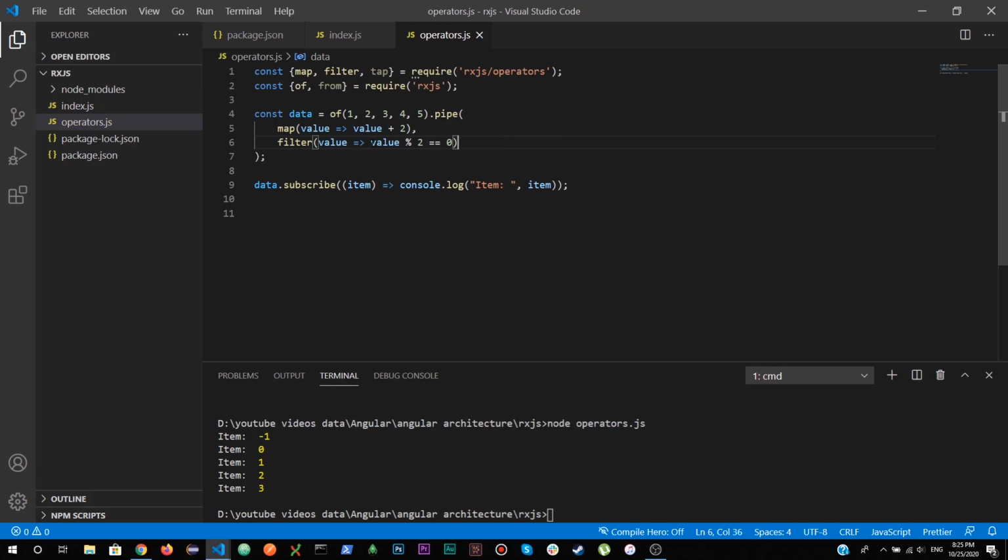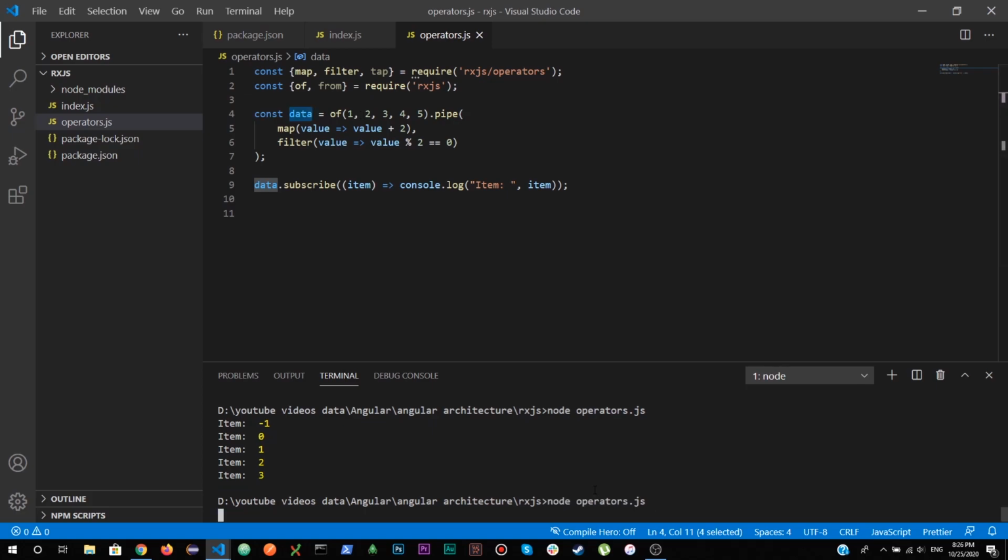This is how we detect if the value is even, and then we return it to data, otherwise we don't. So map is used to change the data. Filter is used to filter out specific data, deciding which data gets added to this data constant. Let me run it.